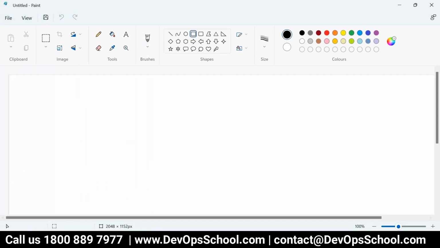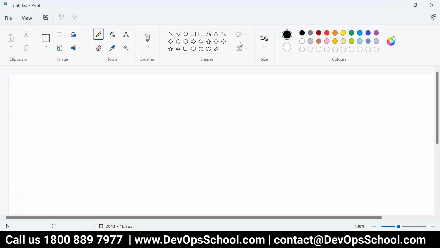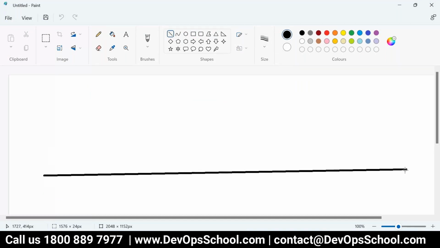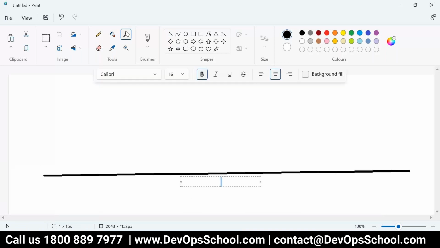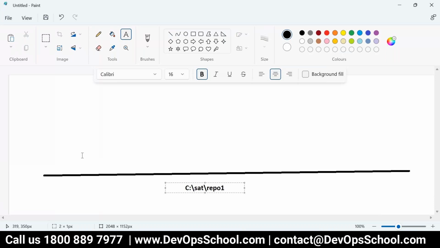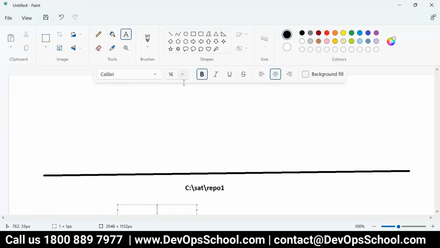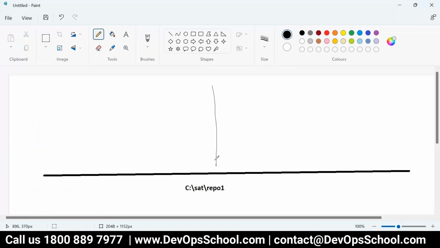Now guys, this is a repo, and I'm depicting it here. So, a repo. Now I'll divide it into two areas.